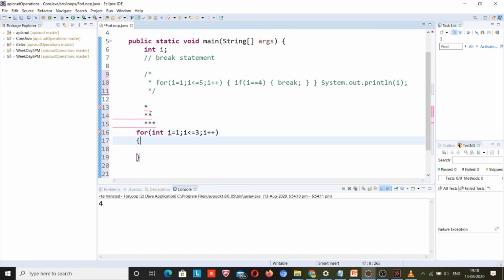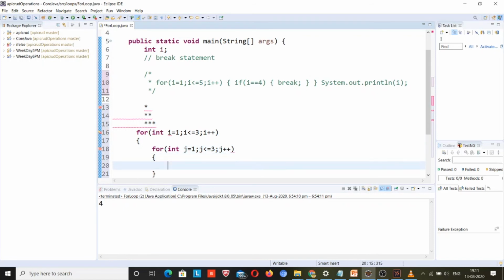Now tell me, how many columns? 1, 2 and maximum 3. So just run it, but don't consider it as the overall logic that it will always work like this. No, j is equal to 1, but my part is not explaining this type of logic. My part is just explaining the concept. j less than or equal to 3, j plus plus, right?